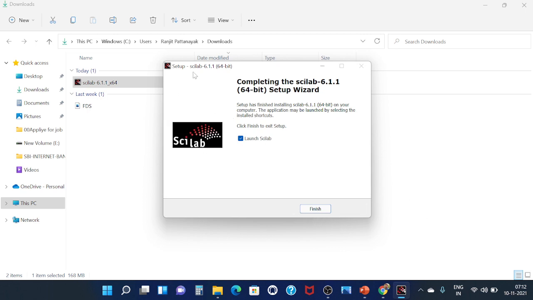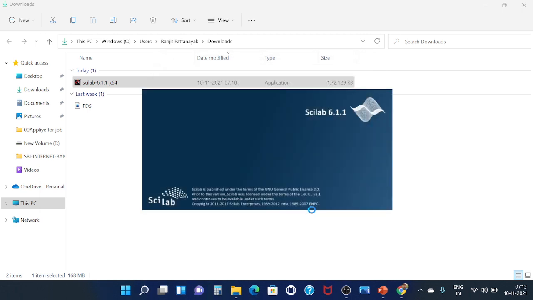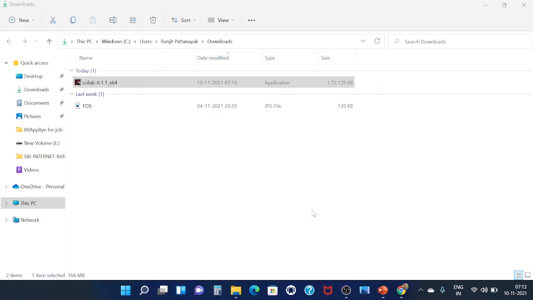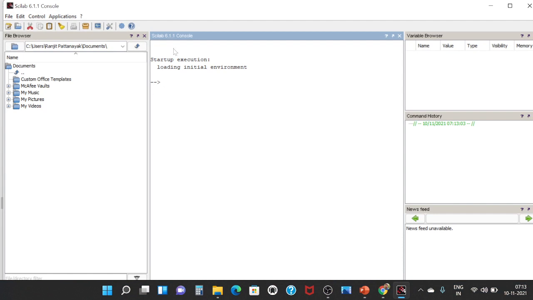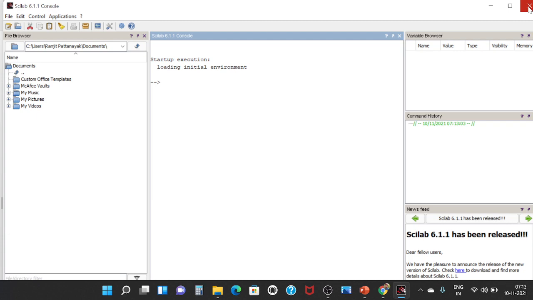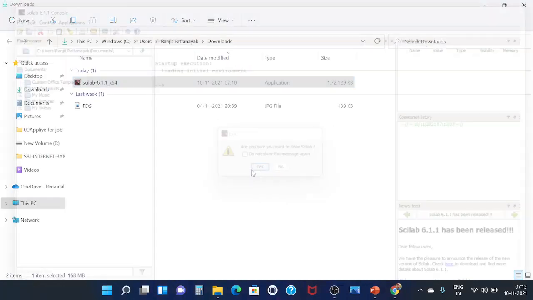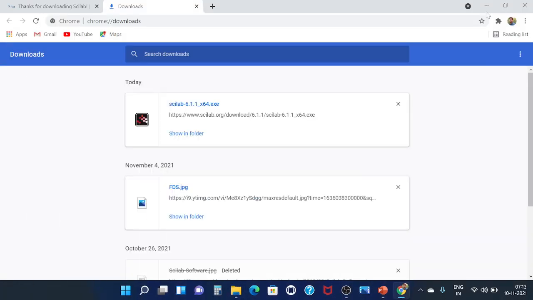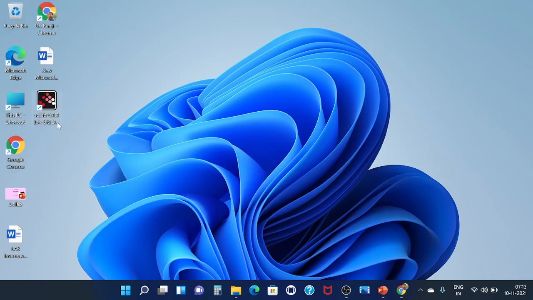Here the Scilab package 6.1.1 is successfully installed in my system. So I have to click finish. The first time, it has automatically opened in my system. If I close it, then I can find the icon on my desktop.